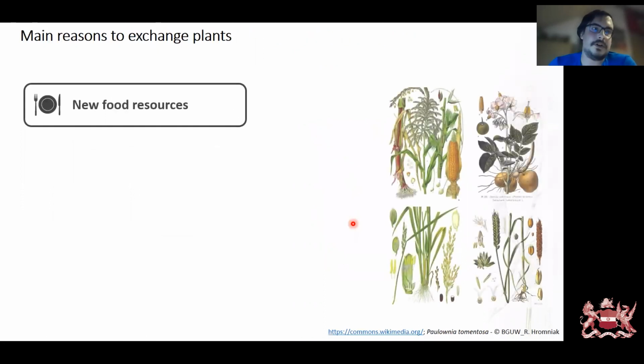So obviously one of the main reasons to exchange plants back in the day was the exploration of new food sources. For example, potato, Solanum tuberosum, originally from South America, which was introduced to the Canaries in 1560 and had its earliest proof of introduction to Spain, so to mainland Europe, in 1570. The potato, we all know it, very important in Europe, especially as a food resource following the 30 Years' War,